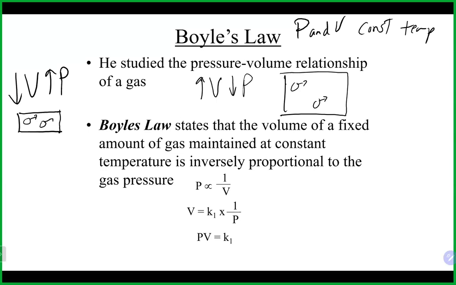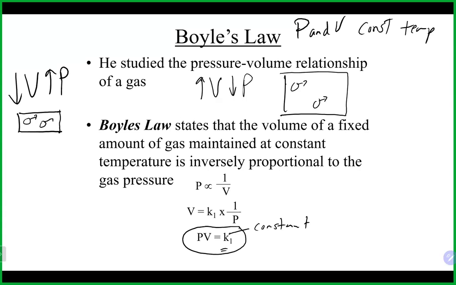Now, another interesting thing about Boyle's law is if you did an experiment with Boyle's law and you took a bunch of pressure and volume measurements and kept the temperature constant, they will always equal, if you multiply those values together, the same number. It will always equal a constant number. This is what is sometimes referred to as a proportionality constant. So you could do this experiment under constant temperature, take a bunch of different pressure volume relationships. If you multiply those numbers together, you will always hit the same number. And that is what is known as a proportionality constant.